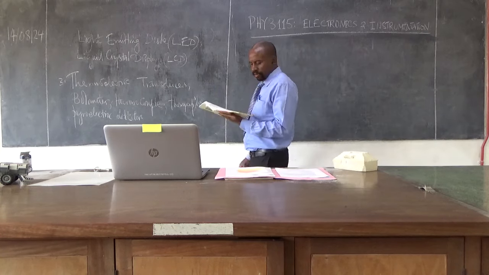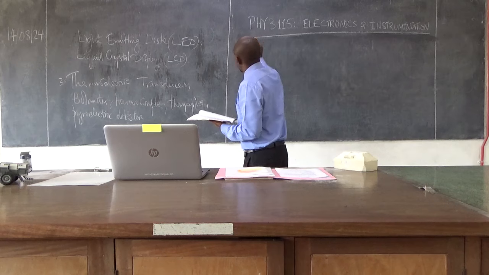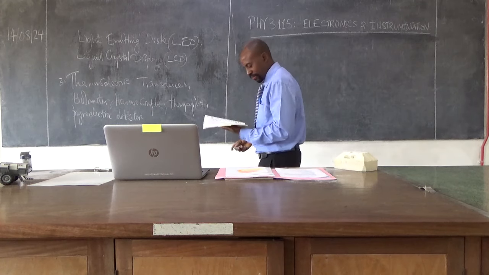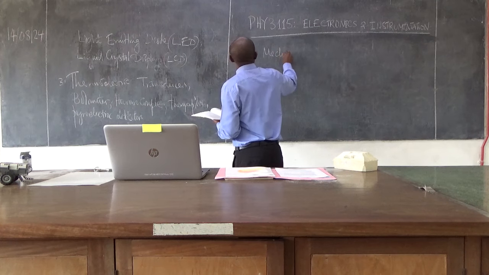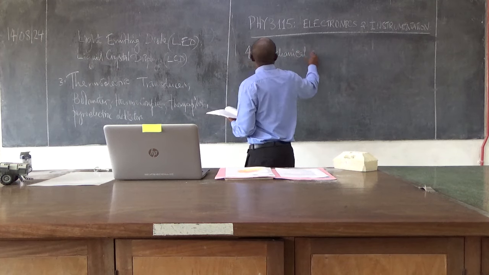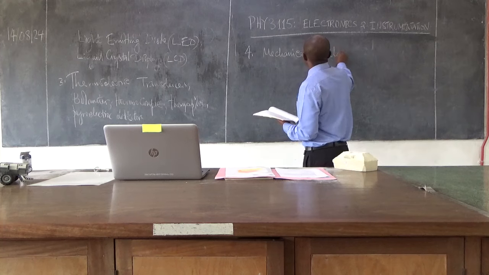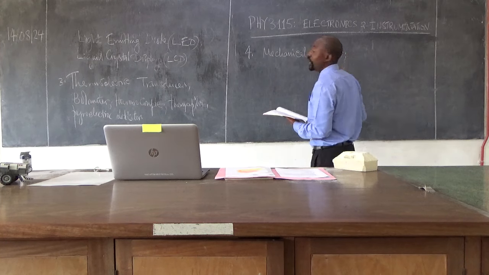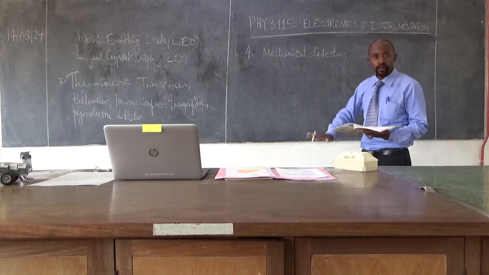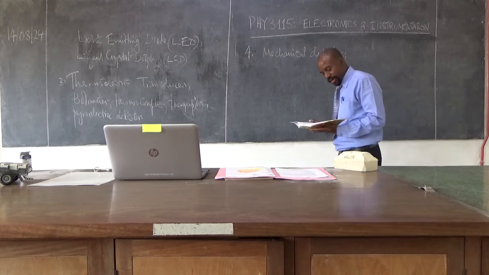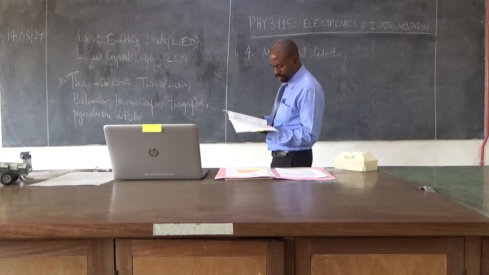We have mechanical detectors, the touch, the press, whatever it is. So we have mechanical detectors. The weighing bridge uses this analogy. The truck comes, presses on it, and then you get the value. So these are strain gauges,